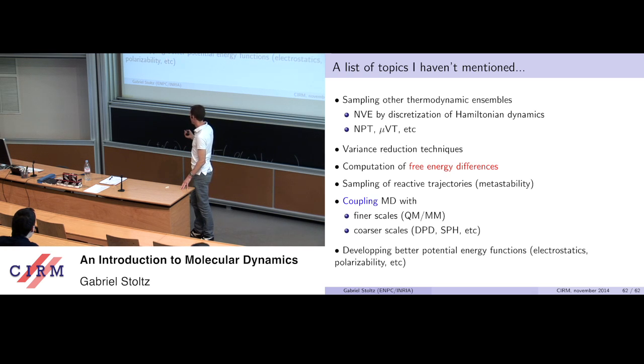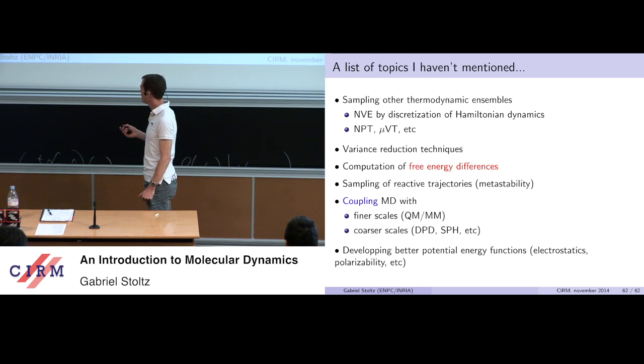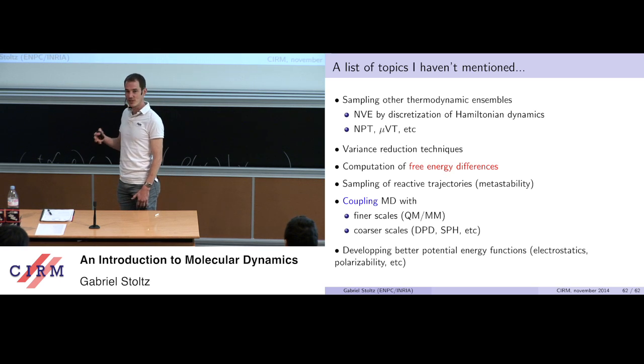And the last point, which I don't know much about, but it's really a huge industry in the applied community, is to develop better potential energy functions, because as I've mentioned, most of the error in molecular simulation is the modeling error related to finding the right potential energy function V of Q. As mathematicians, there's not much we can do about it, so we do almost everything else. But there are many people developing better potential energy functions, and hopefully there are people doing that because we desperately need them to be more quantitative and more predictable.